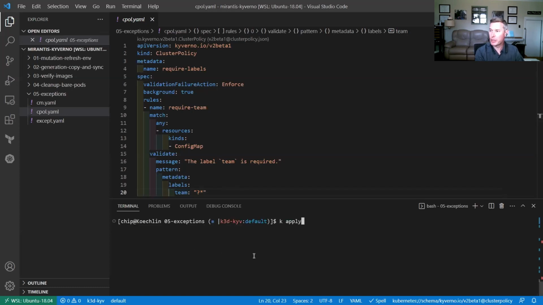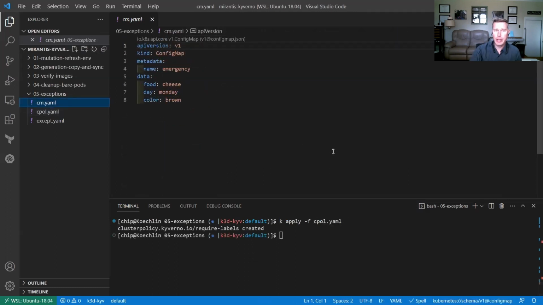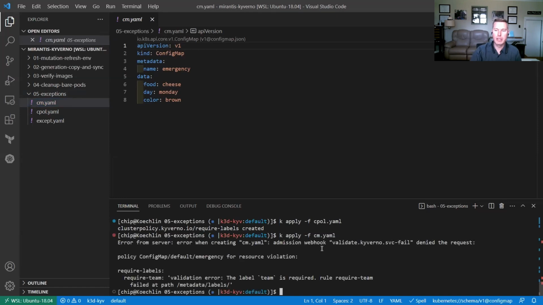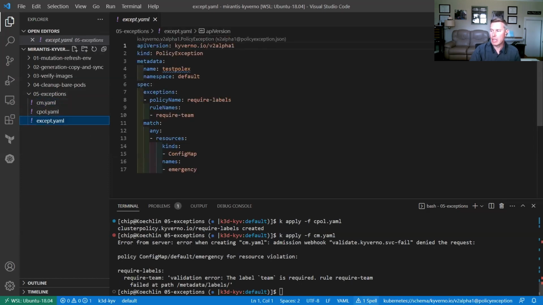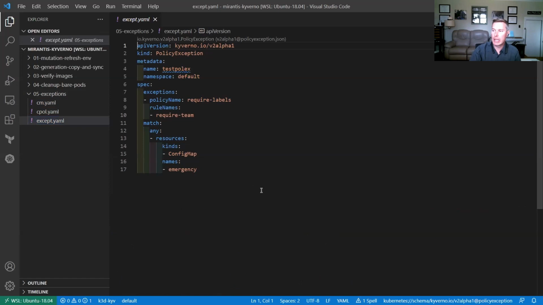So normally, if we attempt to create a config map that does not match that definition, we will get a blocked message in response from Kyverno. Hey, you had a policy that said you had to have team, this didn't have it, we're going to block that resource. But with the new policy exception, and here's an example of that policy exception, we're saying, look, it's okay. Any policy named require labels, you can exempt the rule called require team, but only provide an exemption for a config map